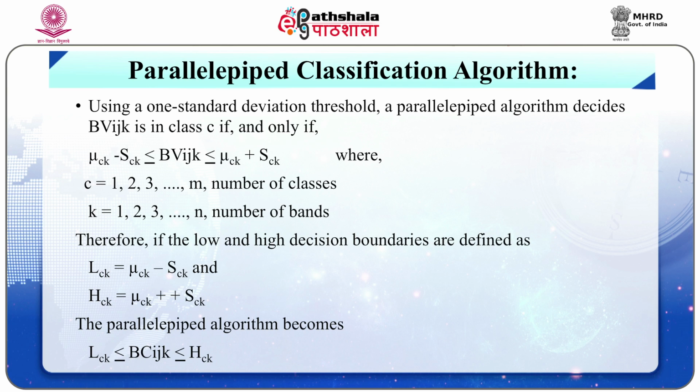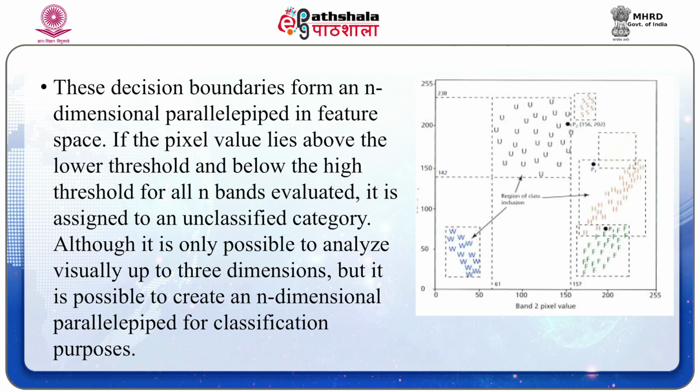Therefore, if the low and high decision boundaries are defined as Lck equals mu ck minus Sck and Hck equals mu ck plus Sck, the parallelepiped algorithm becomes Lck less than or equal to BVijk less than or equal to Hck. These decision boundaries form an n-dimensional parallelepiped in a feature